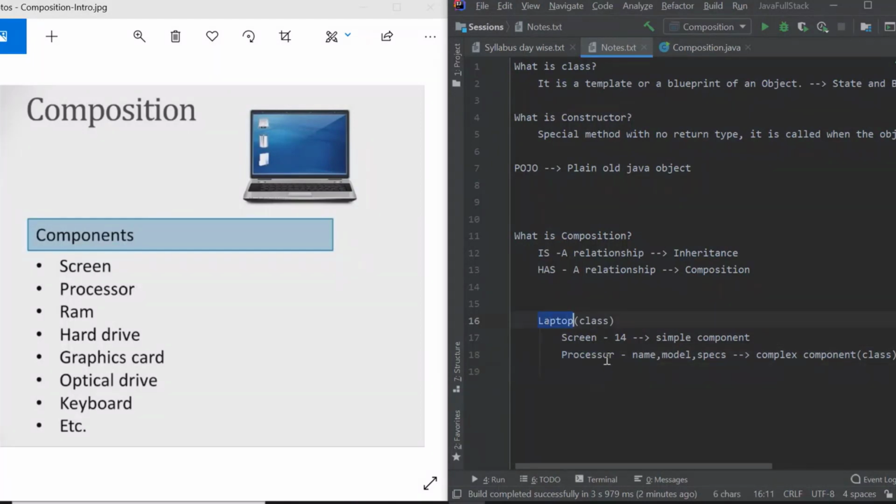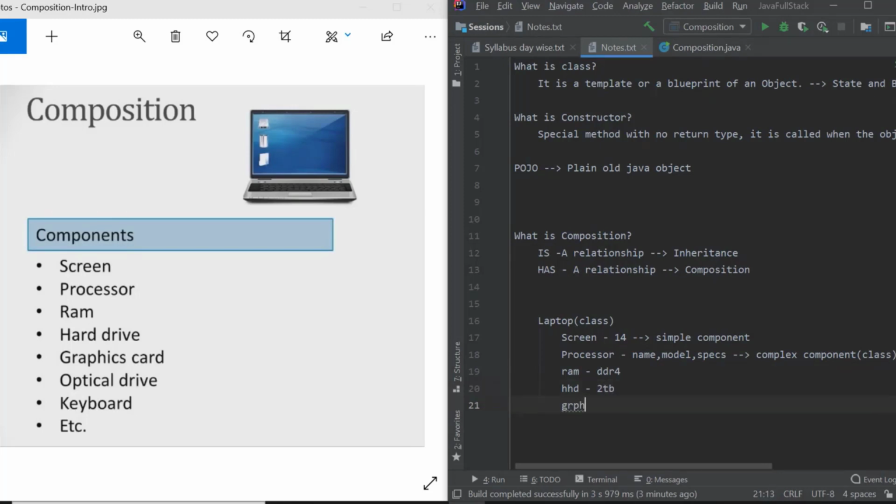Laptop has a class called processor, so there is a has-a relation. A processor is not a laptop, so definitely it is not inheritance. But laptop has a processor, and that is a composition type. You can also have RAM, which may be of type DDR4, and a hard disk HDD, which may be a 2 TB hard disk.